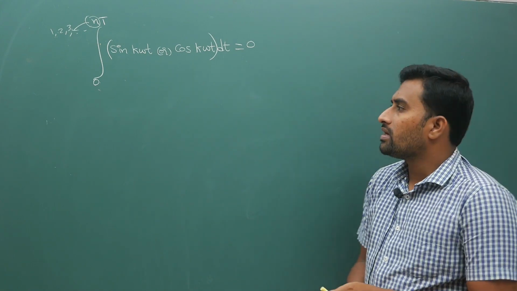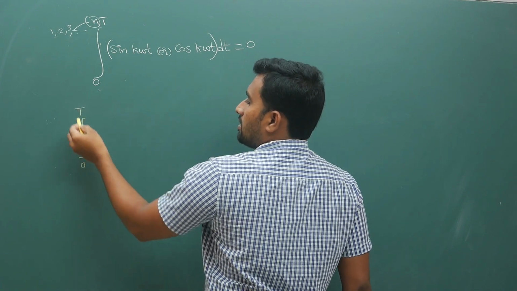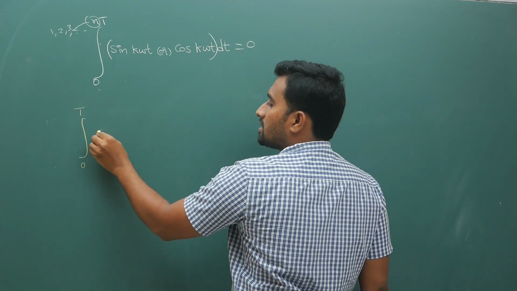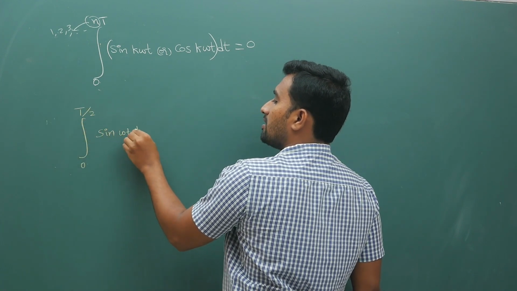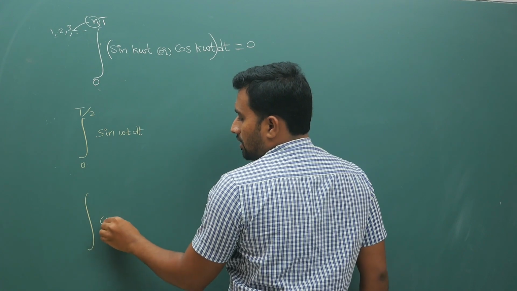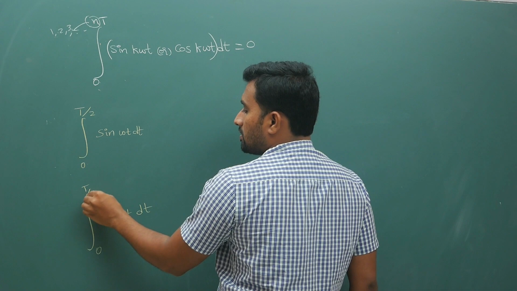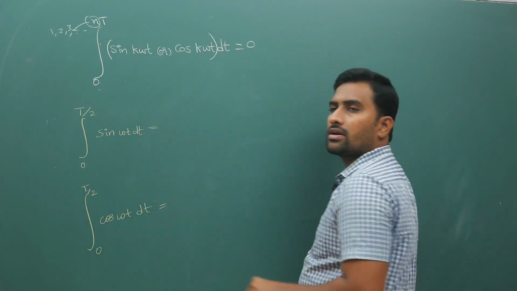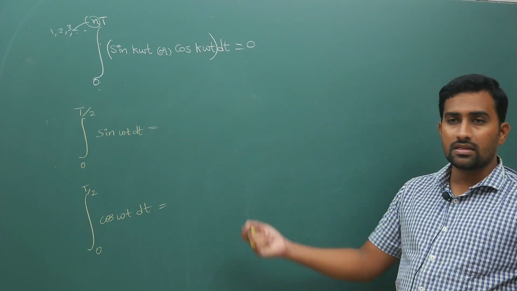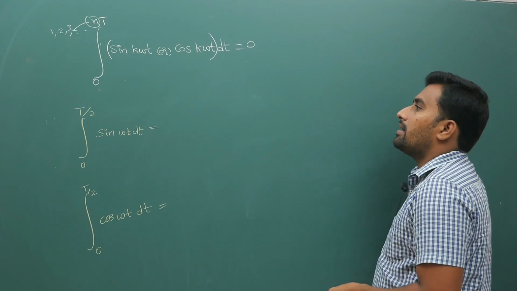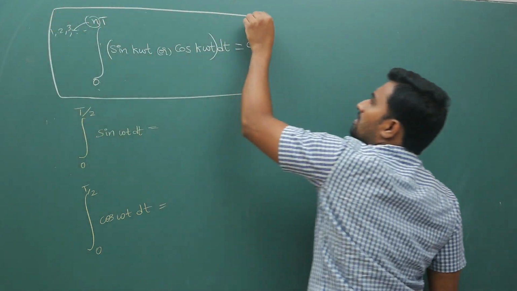Now if you take half cycle 0 to T, last class I was doing this part, 0 to half cycle, if you do integral of sin omega t dt and integral of cos omega t dt for half cycle, how much is the value? This I have written as a question, and the live streaming got interrupted in this part. So now in maths, you just remember this result.